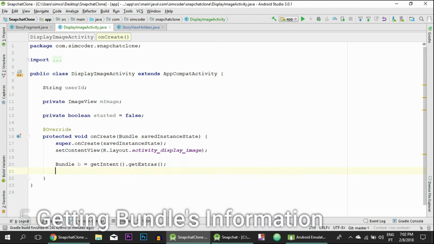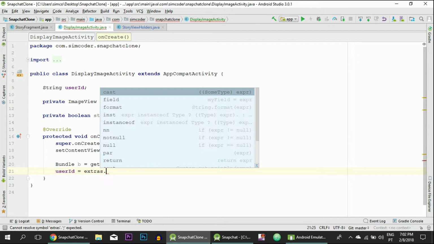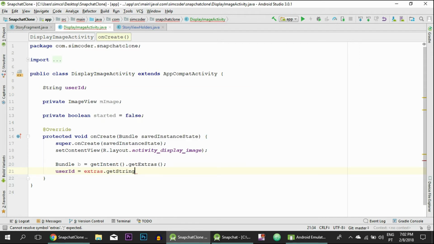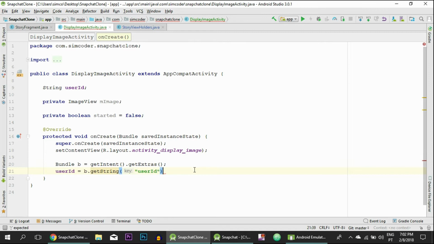Okay, and then we call the user ID and say that it is equal to, not extras, I'm sorry, I was looking the other way, b.getString, and inside here we pass the name that we passed through here, so userID,